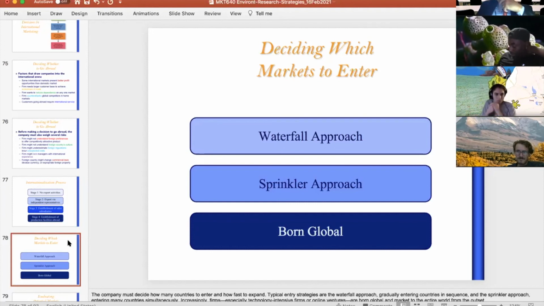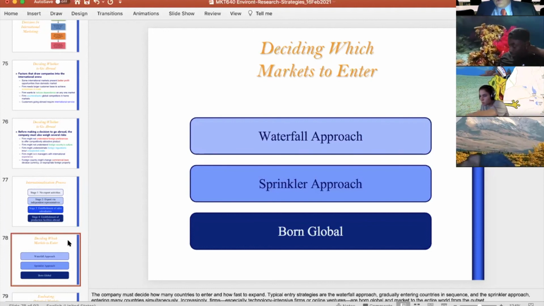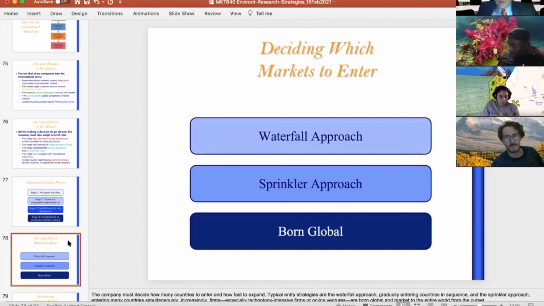So you say, in the US, we don't want to be in 50 states. We're going to be in the top 5 cities in the US, 2 cities in Canada, 1 city in 5 countries in Europe. And so that's going to be the sprinkler effect. You're looking for just big cities, and they don't have to be just in the US. Or your business from the get-go is going to be global, in the sense that you're thinking it's not an American business. It started in America, but our customers are everywhere in the world.